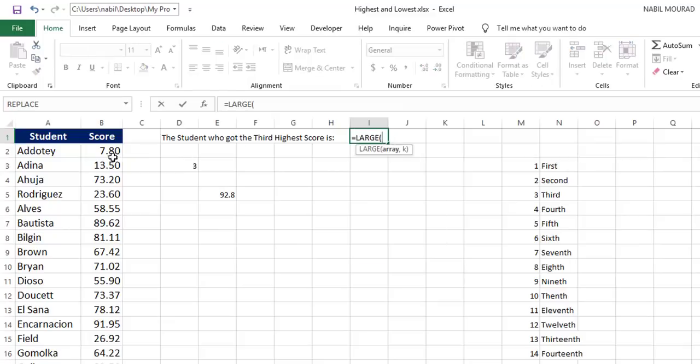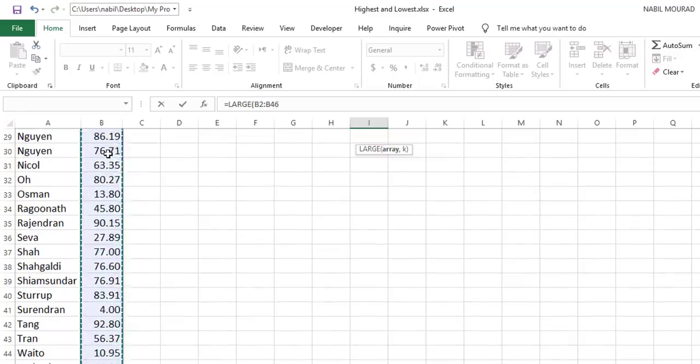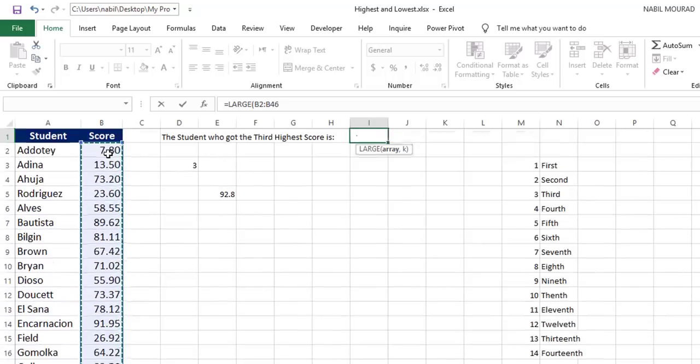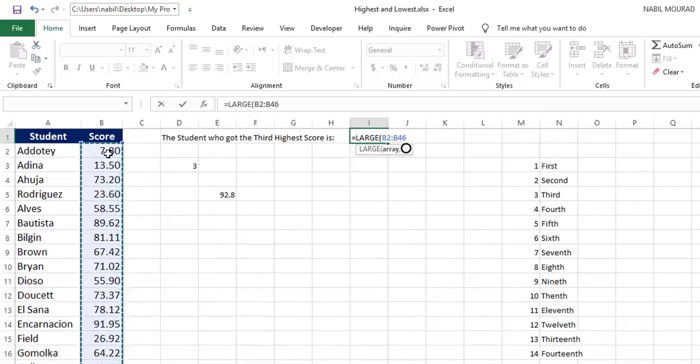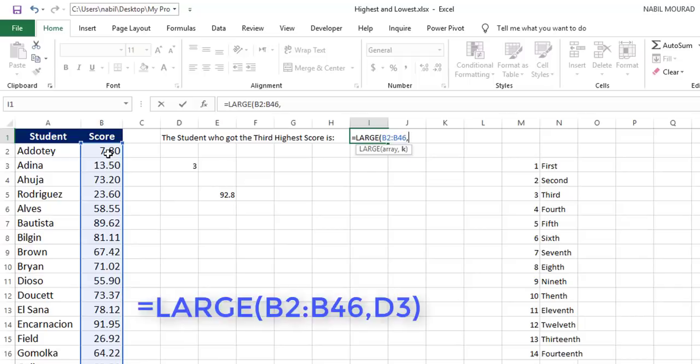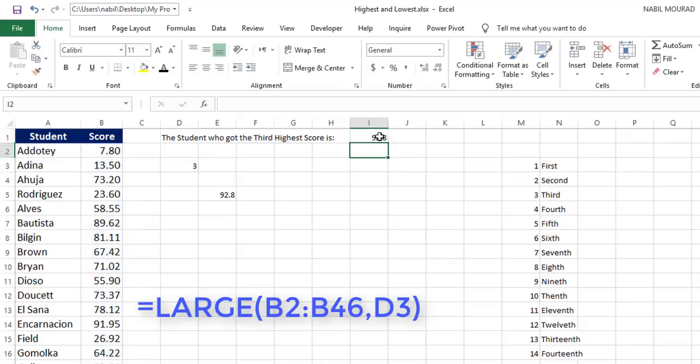I want to extract the large from this entire range. Shift Control down arrow to expand the range. Control backspace to jump back to the top. If you wish to jump back to the top while locking the range, then you can hit the F4 key. I don't need to lock because I'm not copying. I hit comma, and then I need to specify the K, and the K comes from cell D3. I select D3 and I close the bracket and hit enter, and that's the third highest score in the entire